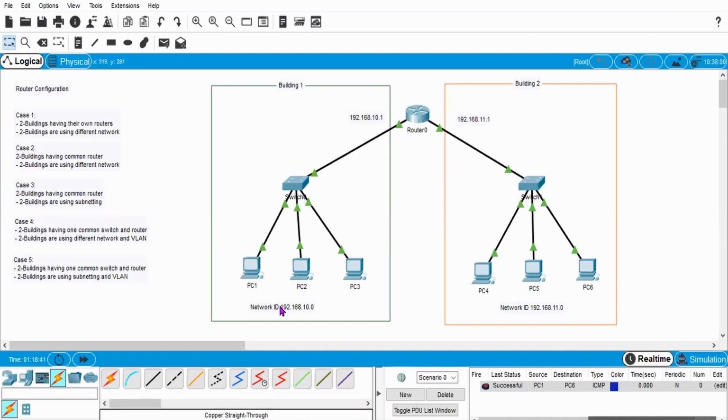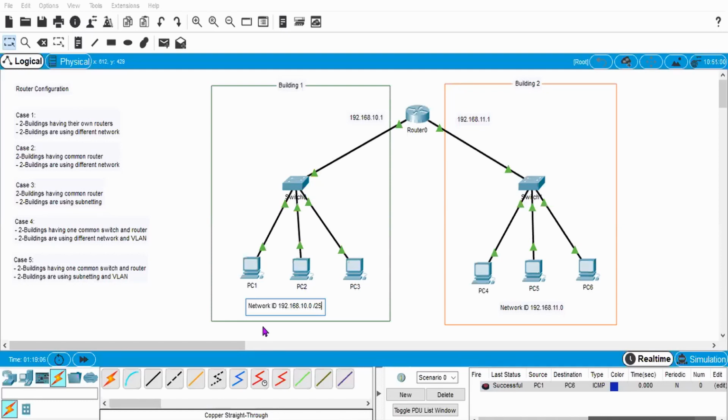So let's take 192.168.10 and divide it into two clusters. This is /25 notation. /25 means divided into two parts. By default, 255.255.255, if I write, it is /24 notation.